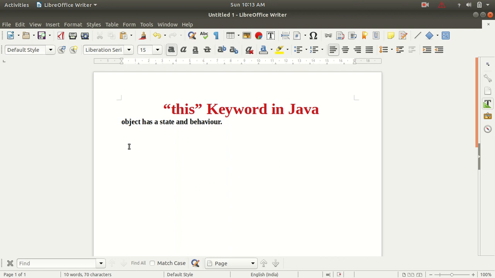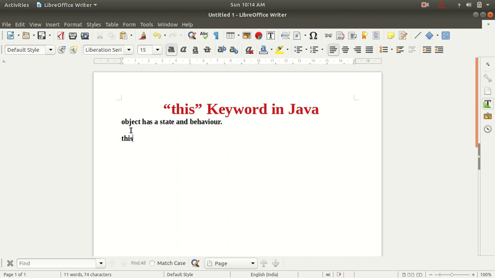Any variable which is referring to an object is called a reference variable, right? In the same way, the this keyword is also a reference variable which refers to the current class object.